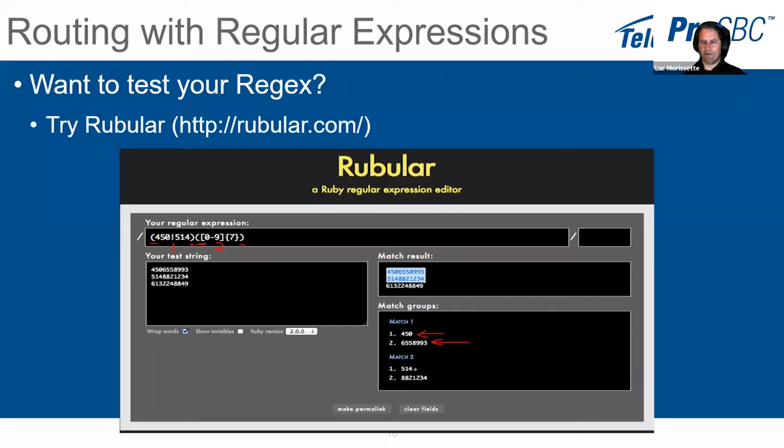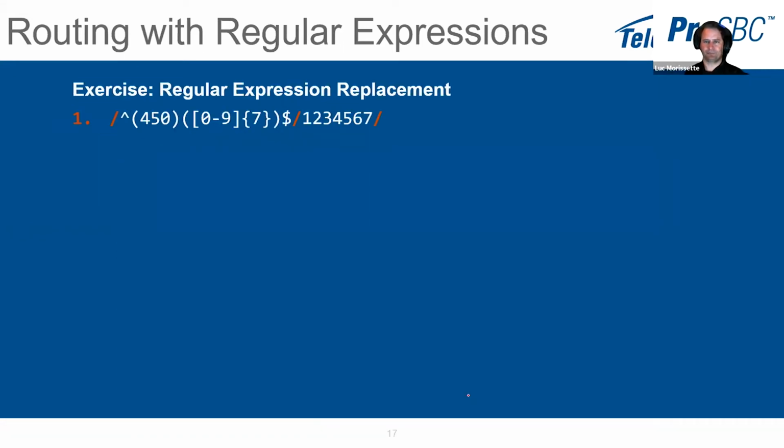And then you have a match 2, and you have the same thing, 514 in this case, and here. Why do you want to do match groups? It's for regular expression remapping, which I will show you here. All right. So in this case, you have a first group that is 450 and a second group, which is